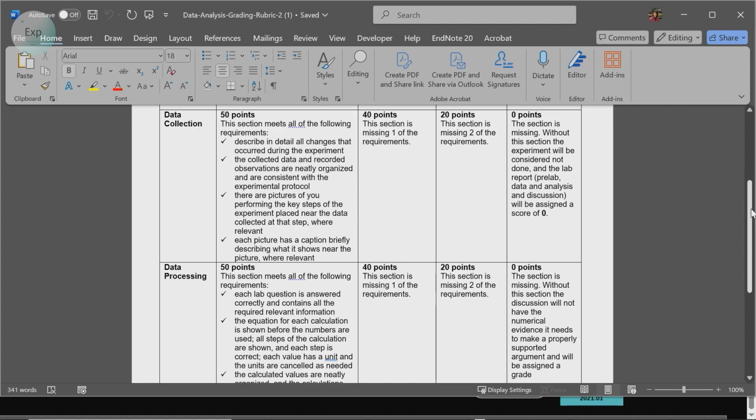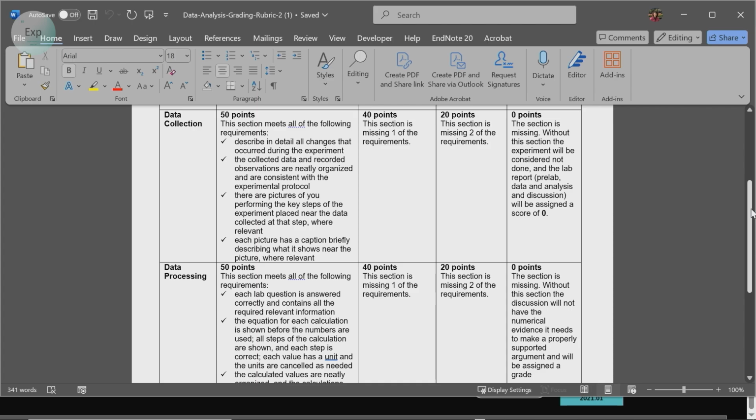Then, because we created this rubric to be applicable to both remote and in-person lab courses, we incorporated a requirement for the inclusion of pictures. This requirement is encouraged in your remote course and may become optional in your in-person classes. There are pictures of the student performing key steps of the experiment placed near the data collected at that step where that is relevant. And to demonstrate accurate captioning, each picture has a caption that briefly describes what the picture